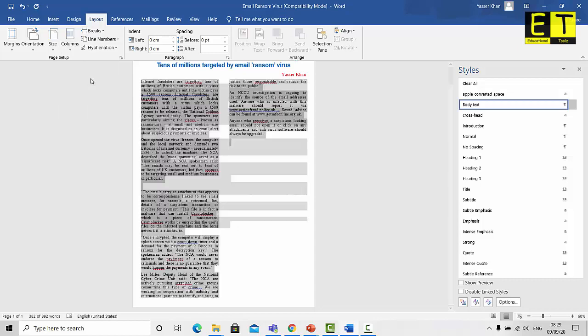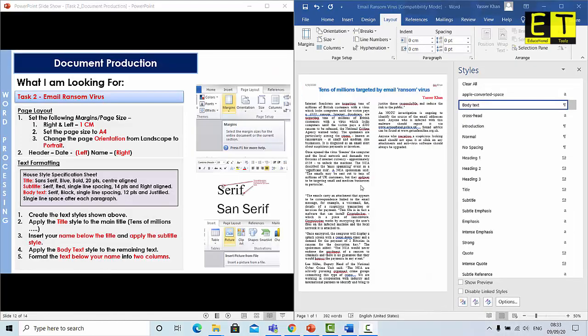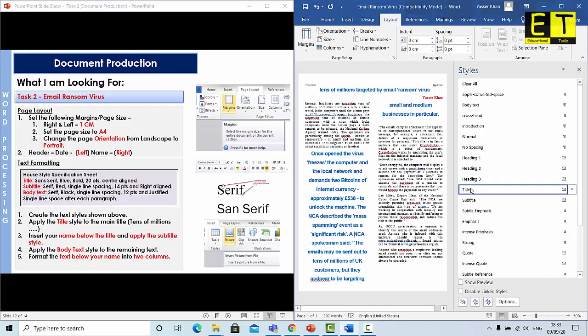So when you select 2, you'll see the text go into 2 columns. I've just spotted a little mistake that we made during the course of this tutorial on our title style. When we were creating the title style, we were asked to create the following style for our title, which was sans serif, blue, bold, 20 points and center aligned. So I'm just going to double check if that is the case and if I have a space put in,